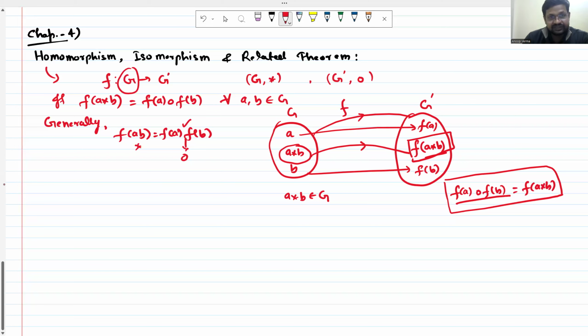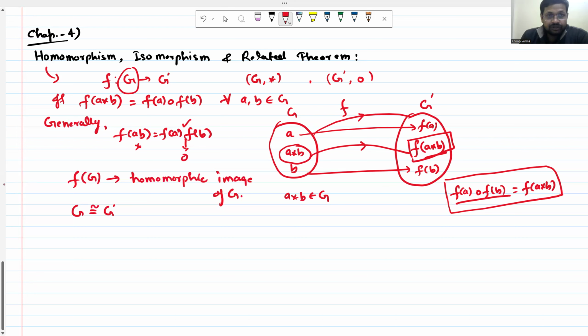So if you have this function f that is called homomorphism, if it's preserving this condition, then if f operates on g, you have some elements, some range. This range is called the homomorphic image. If the function is a homomorphism, then that is called the homomorphic image. Got it? And this symbolism is represented like this: it means g is homomorphic to g dash. Okay,